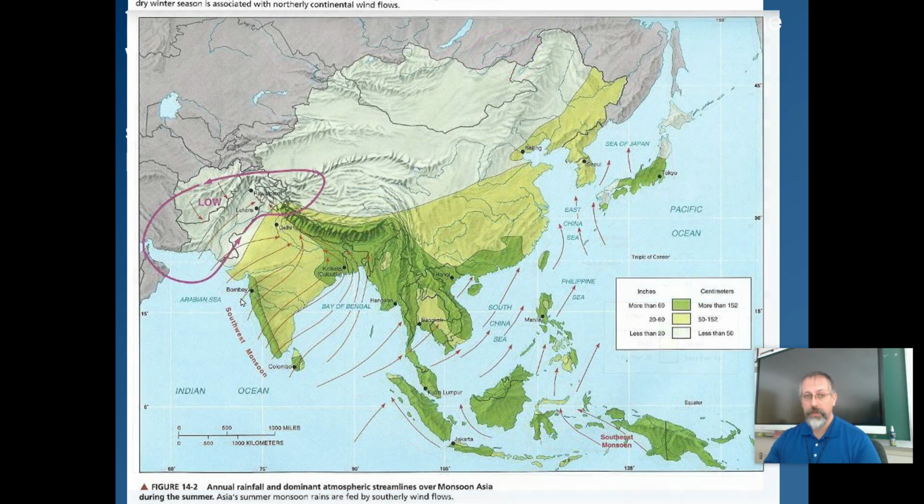Now, when the monsoons come, that's more moving on into the summer months. The high pressure that was here over northern China and Mongolia, that shifts a little further away. And we have a low pressure that develops over the Middle East, kind of over here off to the west of India, Pakistan. And so now the winds are allowed to come up to fill in where this lower pressure is. They come onshore and bring life-giving moisture from the Indian Ocean here as they go across the continent.